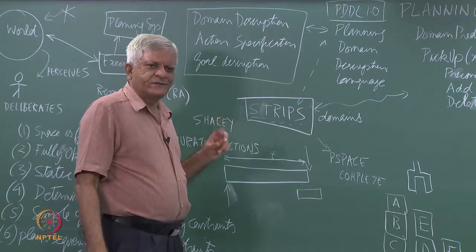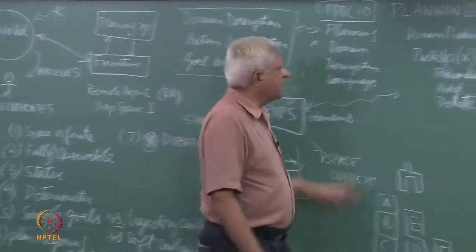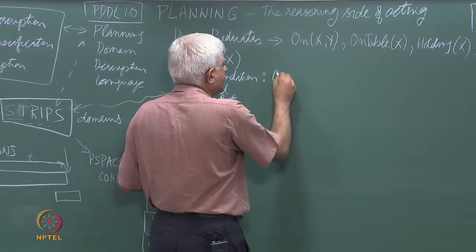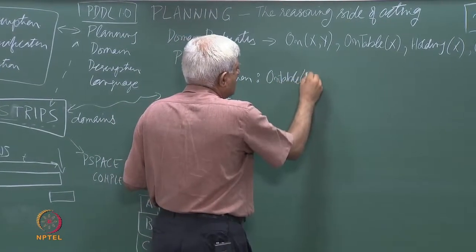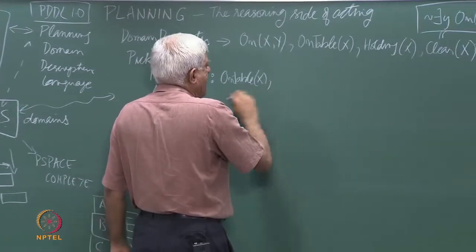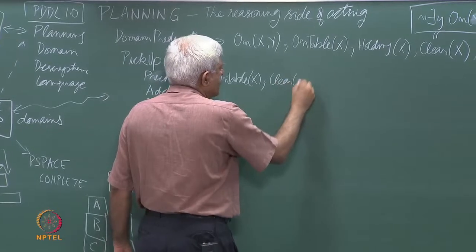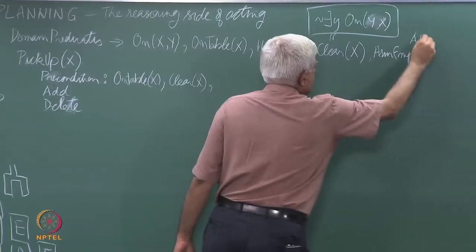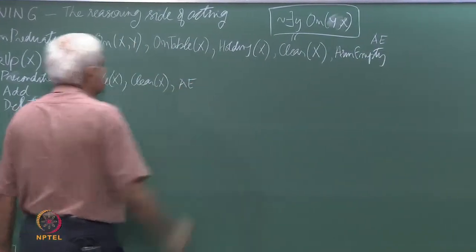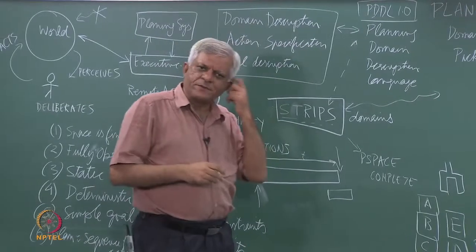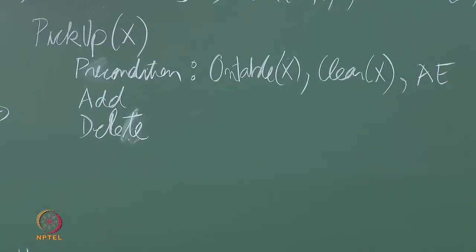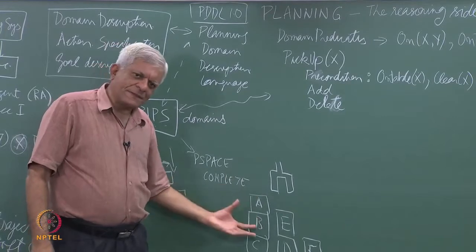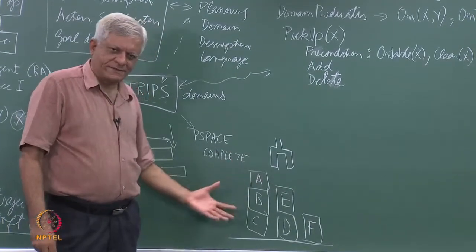So, precondition list is those predicates which must be true for the actions to be applicable. So, if you want pick up x to be applicable, it should be true that it should be on the table and it should be clear, which means nothing must be on top of it, and I will just use for this A E and R must be empty. So, if these 3 predicates happen to be true in my domain, which means of course, I have to just see that the precondition list is a subset of my state description. The state description is a set of predicates which is describing these things essentially.